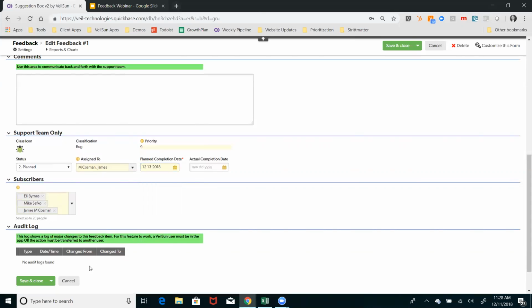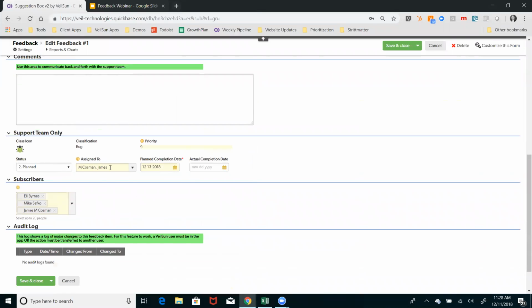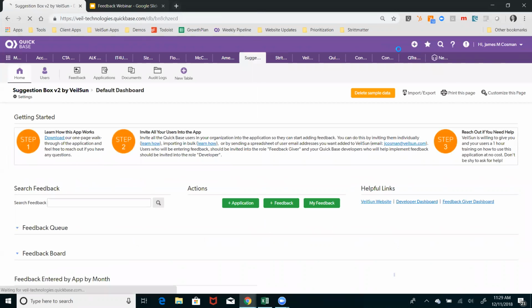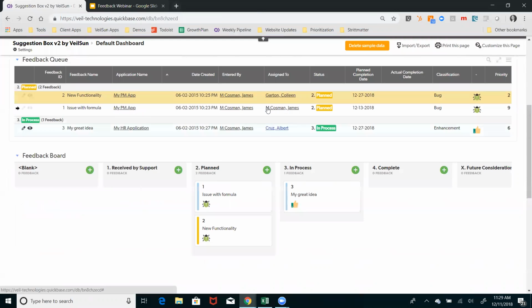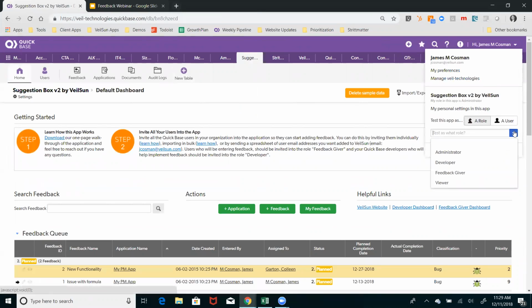You could start to run metrics down here on how quickly you're able to respond and get through each of these stages of a piece of feedback that you get. So then once it gets assigned to somebody and moves to planned, of course, the person who entered the feedback gets updated. If you do have multiple developers working in your organization,